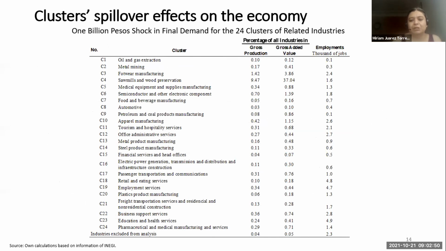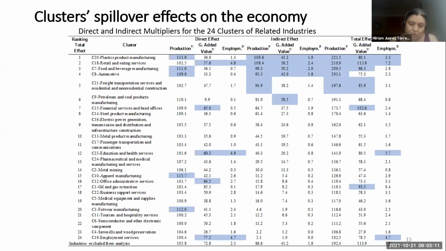This table represents the 1 billion peso shock in final demand for the 24 clusters of related industries. It's important to point out that we translate these effects in terms of gross production, gross added value, and also employment. So what we see here is that